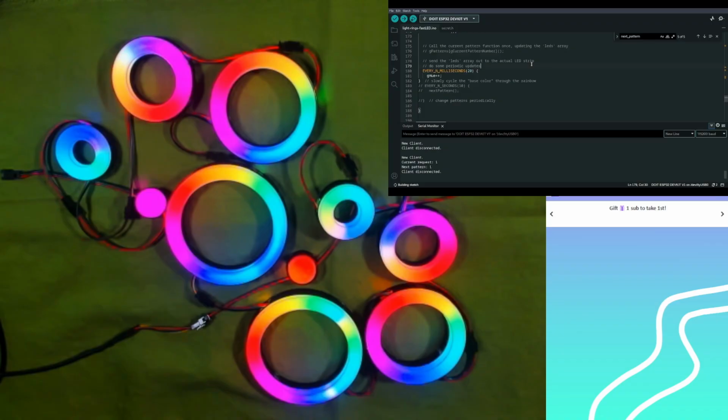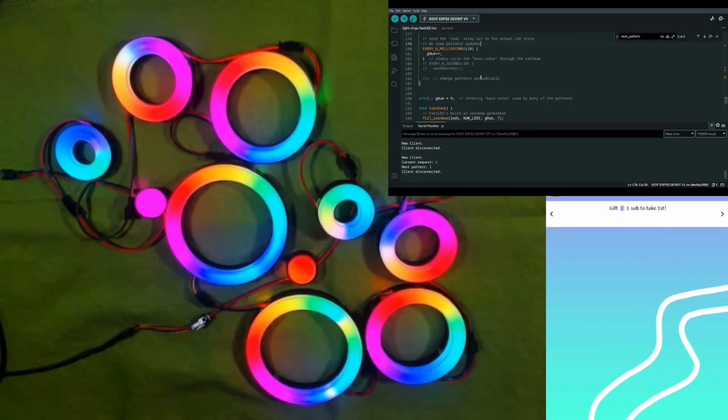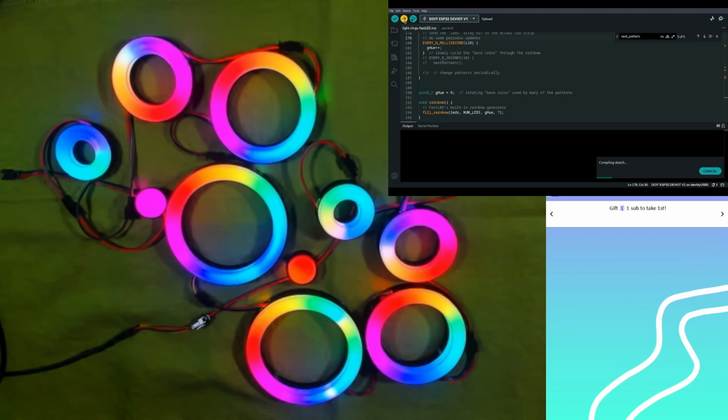I think so. Yeah. All right, let's try it. I mean, it's definitely changing. So that part is working. We are changing modes.